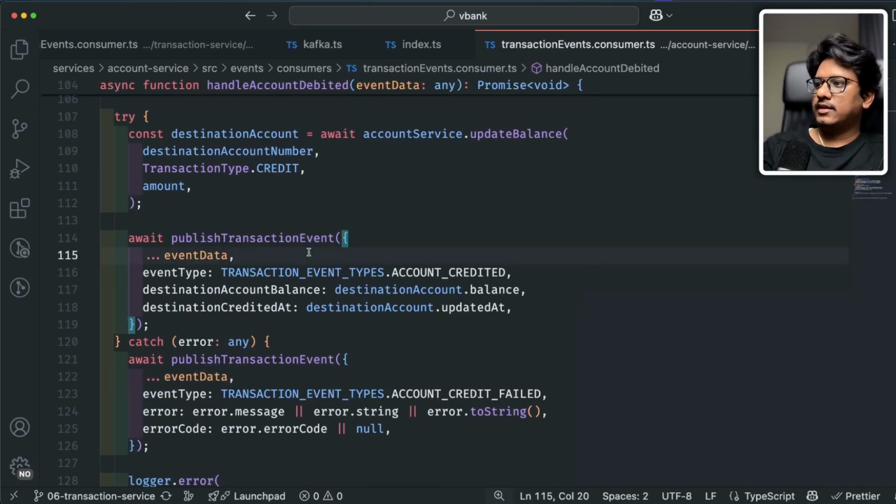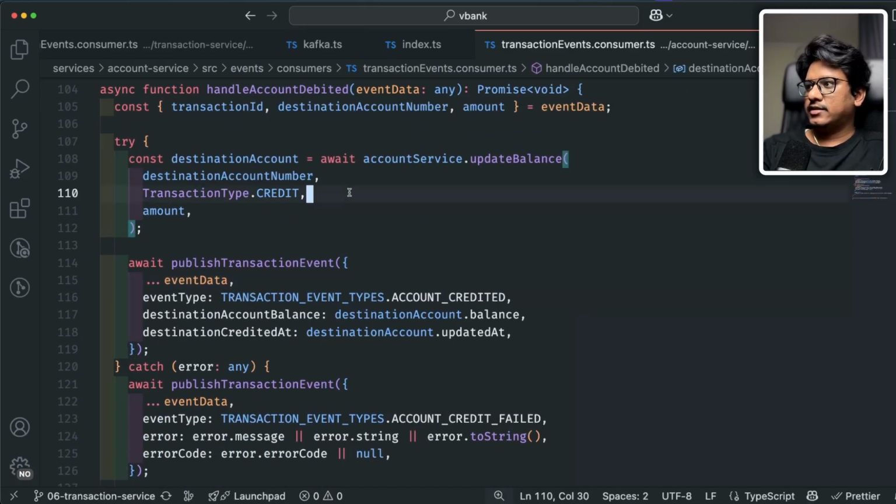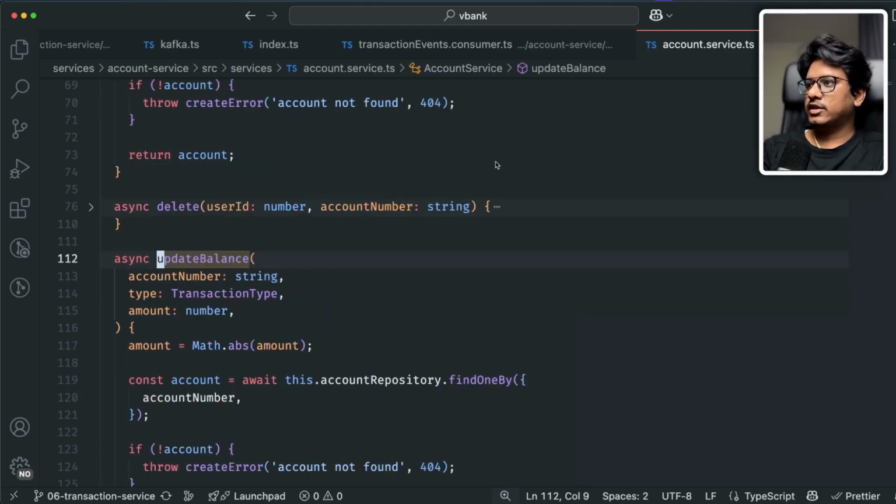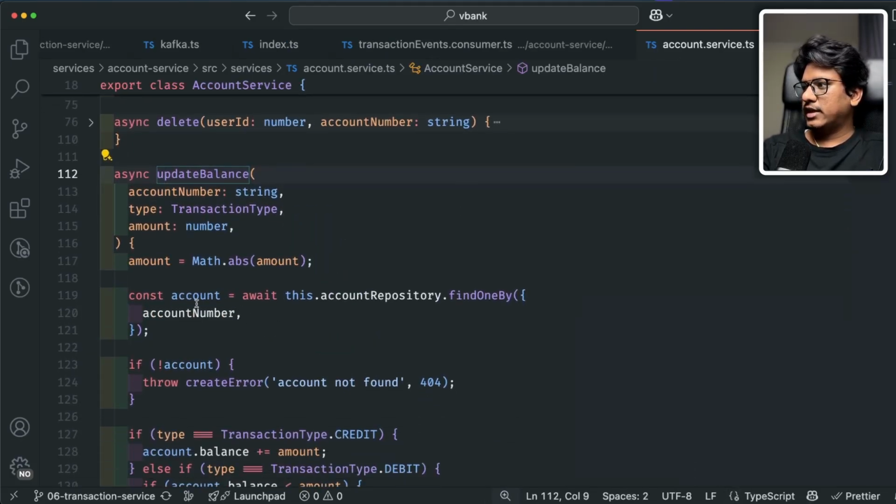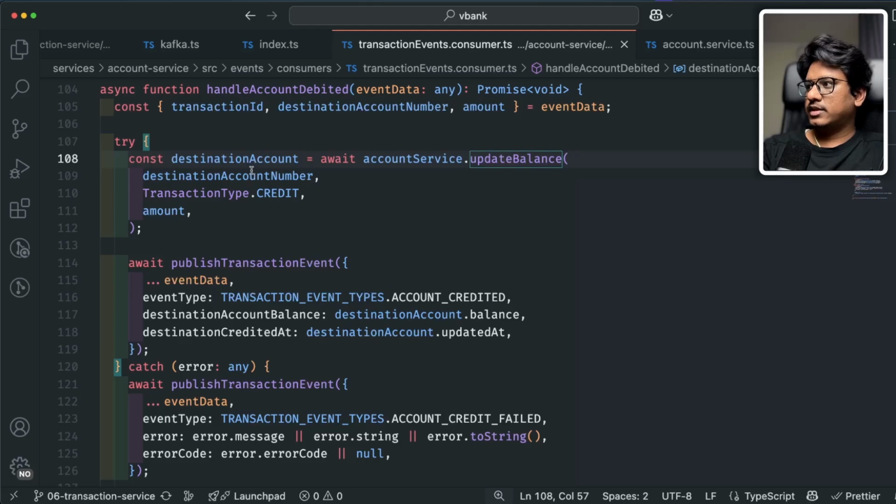Now assume that there is some issue with the credit. There could be many reasons. Let's say the destination account number is invalid. If you look at the update balance over here, if the account is invalid, I'm just throwing an error, account not found, right? So assuming the account number is somehow wrong, we can actually check this in the transaction service itself,